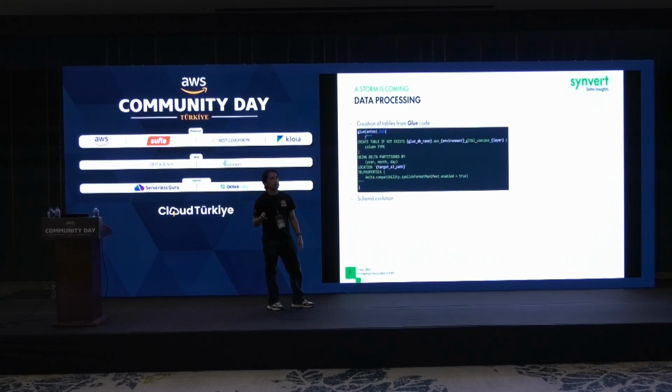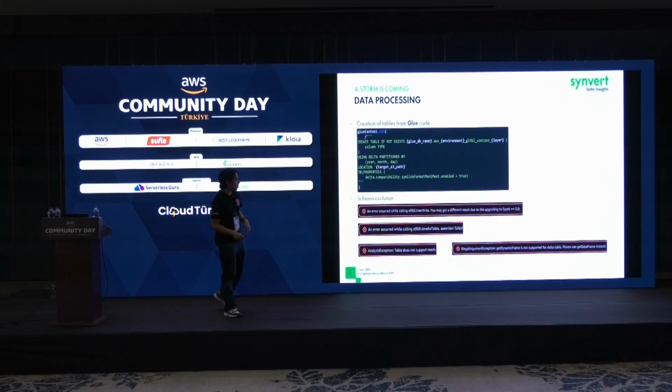And we were happy at the beginning. The problem arose once we needed to do some schema evolutions, because we needed to add some columns and also change some values there. We started to have a lot of errors. And at the beginning, we were like, okay, why is this happening? Is it an issue of configuration on Glue, or is it something related to the file types? Which, in this case, was because